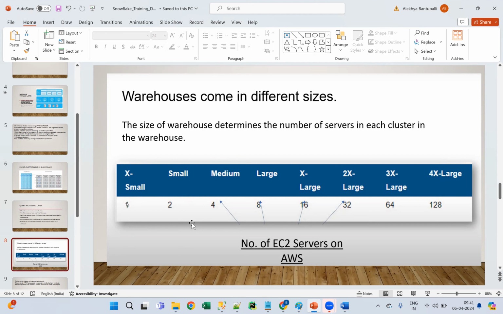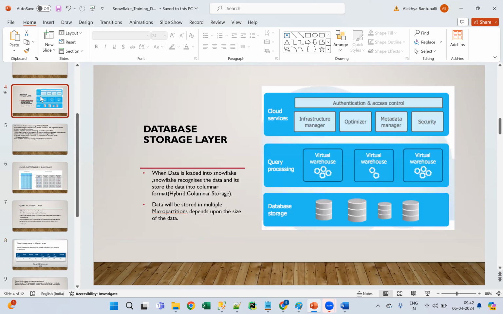If there are simple, small queries, we can go with a small size of warehouse. Even if you have big queries, we can go with the big sizes of warehouses, guys. That is how these clusters are useful for us to run our queries. So this cluster is available in the virtual warehouse.